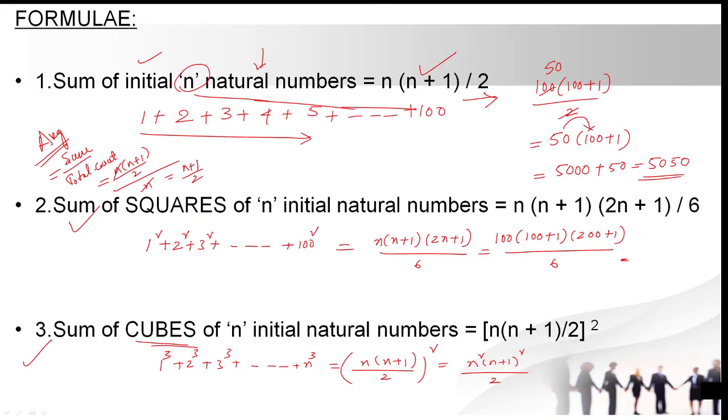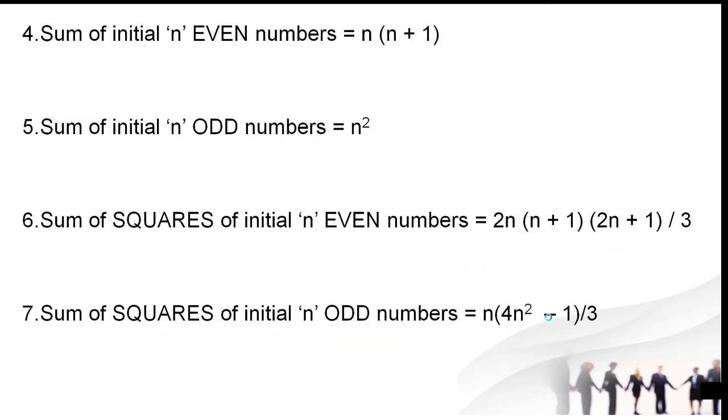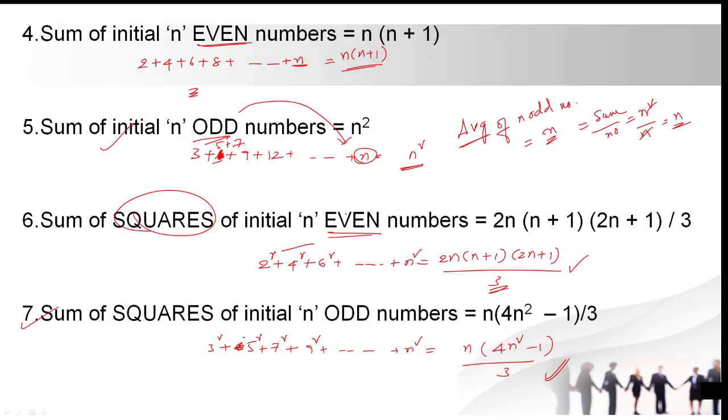So okay, the first one we discussed is the sum of n natural numbers, second one squares of n natural numbers, third one cubes of n natural numbers, and next the sum of the even numbers, the sum of the odd numbers, the sum of squares of even numbers, the sum of the squares of odd numbers. Is it okay, right? Is it fine? So these 7 formulas, you can write 2 or 3 times, then you will be able to remember these formulas easily.